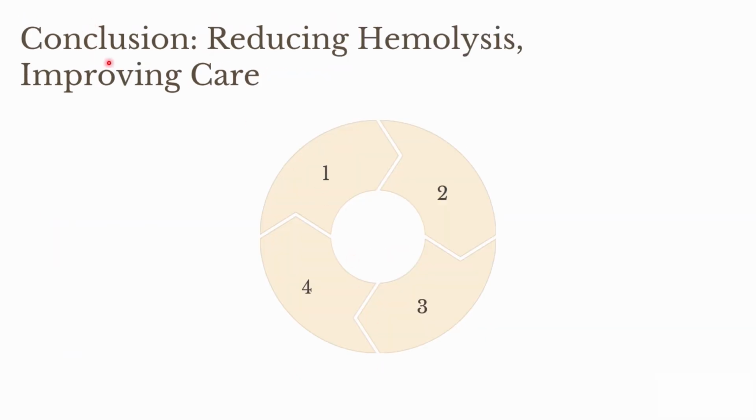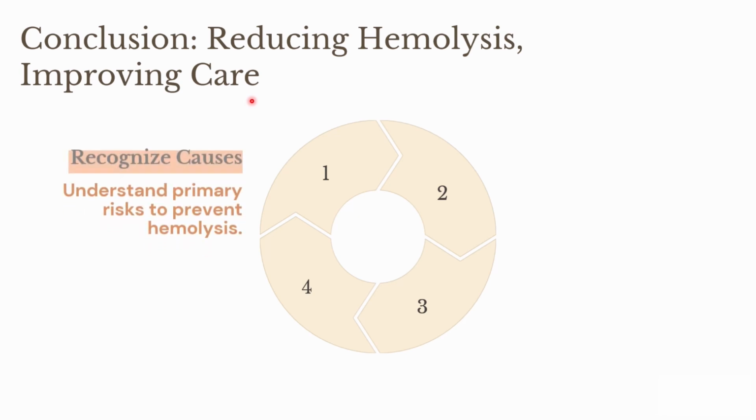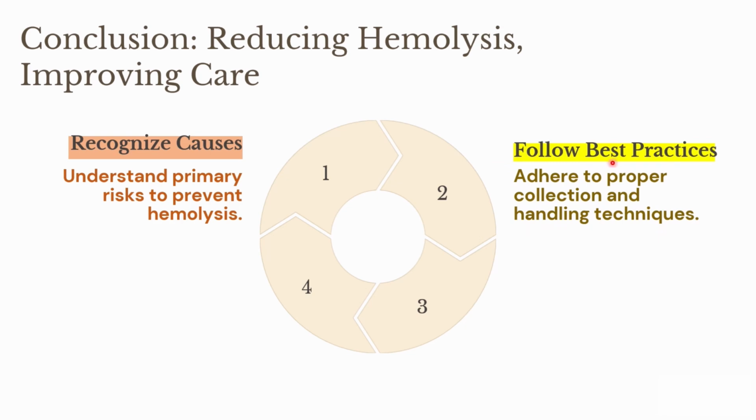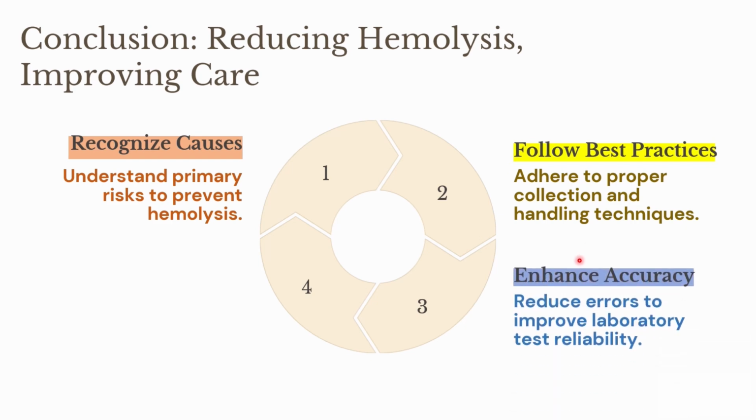So finally, what is the conclusion of all this? If we reduce the hemolysis, ultimately we improve the care of the patient. So firstly, we should recognize the causes for the hemolysis. We should try to prevent those causes, follow the best practices for collection of the samples, handling of the samples and their transport by proper training of the staff, and this will ultimately enhance the accuracy of our lab results